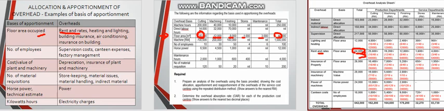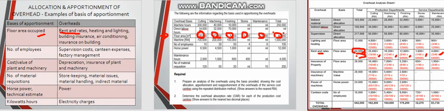Now we are going to divide it into the cutting, machining, finishing, stores, and maintenance. So 16 over 40 times 64,000. This one is 12 over 40, where we get the 12 from here, divided by 40. This one is 8 over 40. Then 1 over 40, and this is 1 over 40, and this is 3 over 40, and we times with the cost. So this is for the rent and rates.